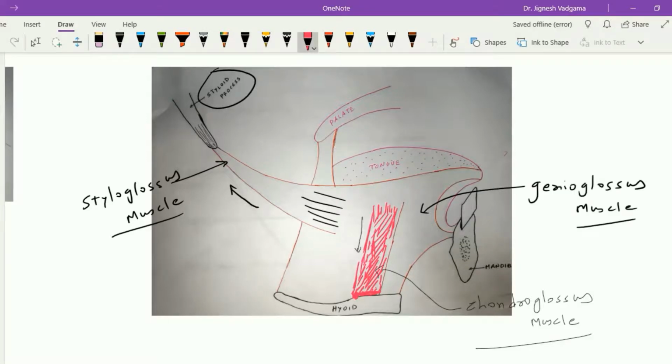The palatoglossus muscle takes origin from the undersurface of the palatine aponeurosis, passes downward and forward in front of the tonsillar fossa, under cover of the palatoglossal arch, and inserts into the side of the tongue. Most of the fibers of this palatoglossus muscle are continuous with the transverse muscle of the tongue. When this muscle contracts, it elevates the base of the tongue and narrows the oropharyngeal isthmus.